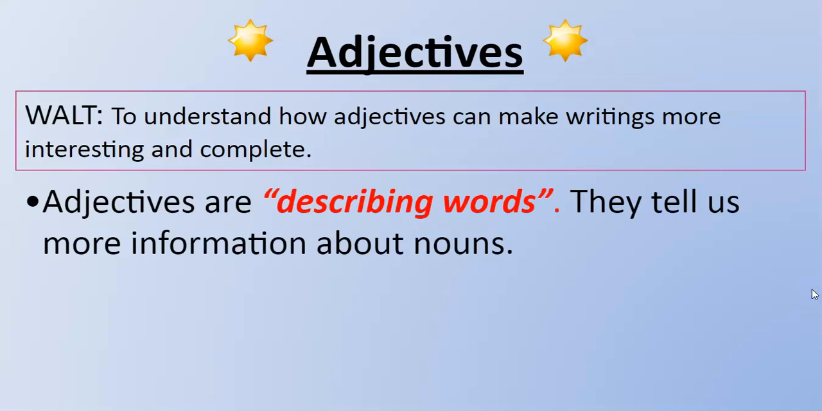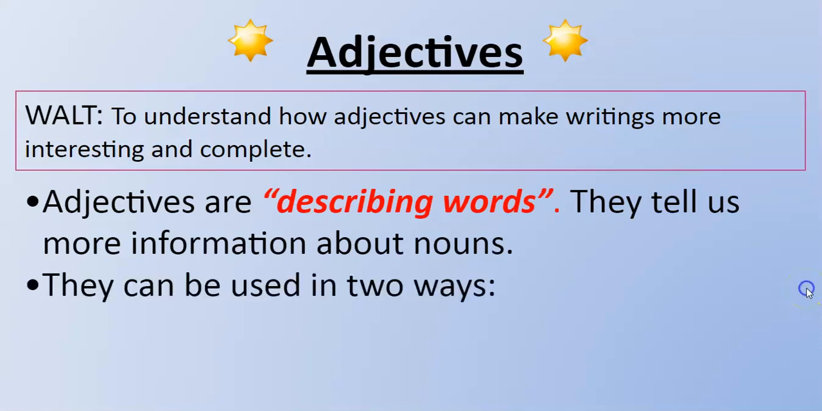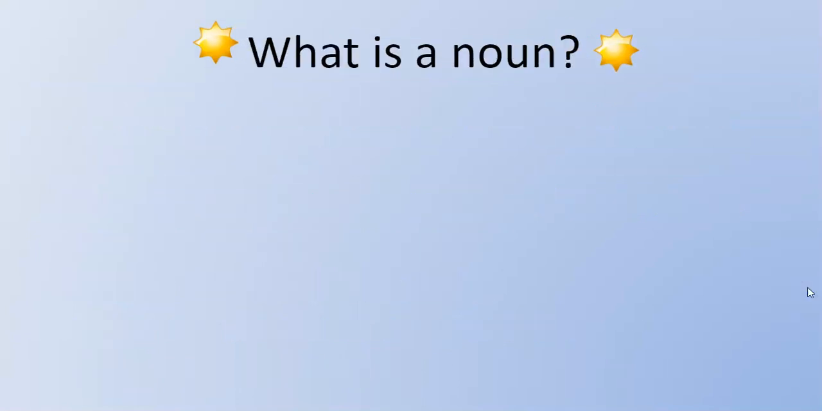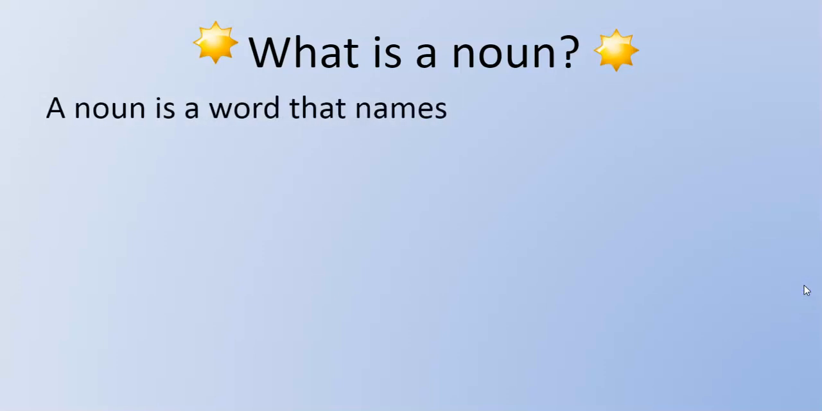Adjectives are describing words. They tell us more information about nouns. They can be used in two ways. They can be placed before the nouns, or they can come after certain verbs. But before, we need to remember what is a noun. A noun is a word that names